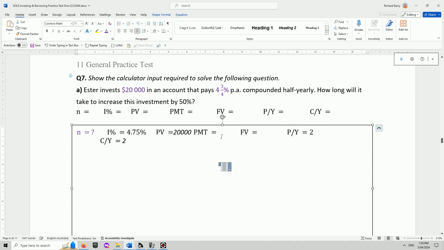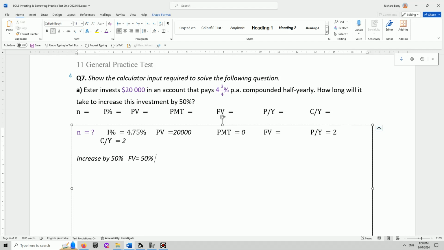Okay. Right. Is this question got any payments? No regular payments. Not a loan. There's no regular payments. Now, here's the deal. What is the future value? Increase by 50%. I've got those words. This means that the future value is